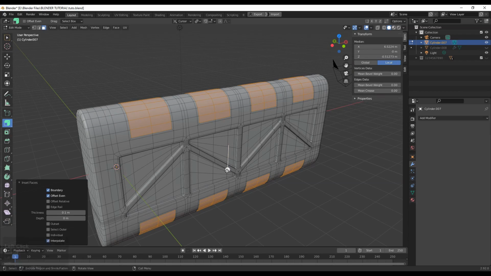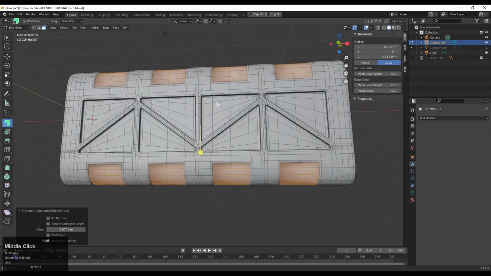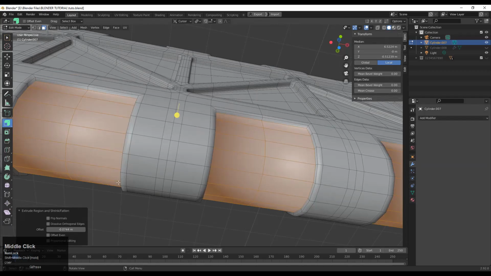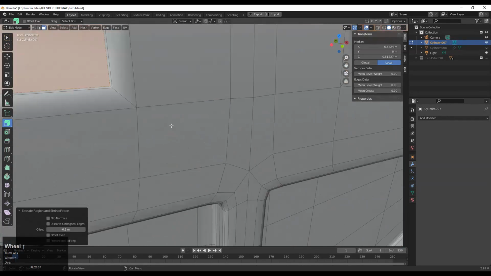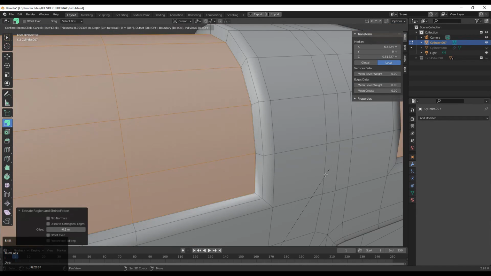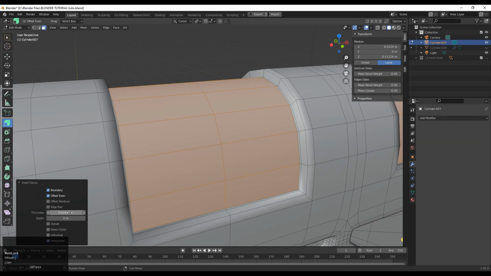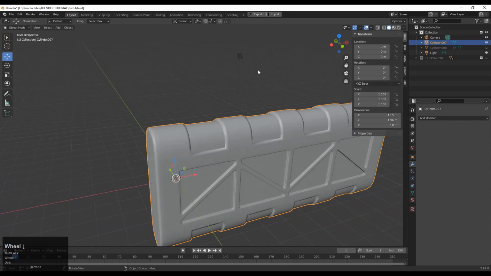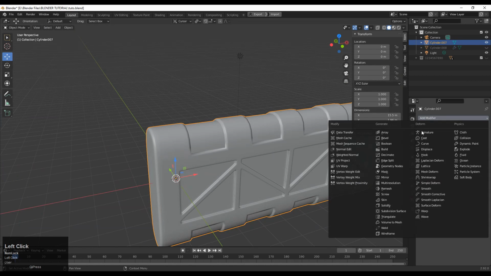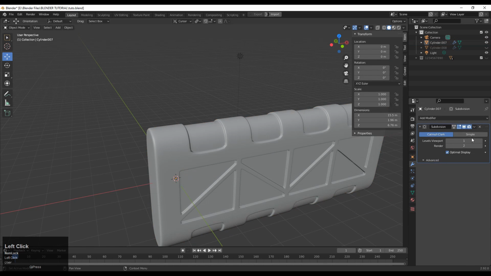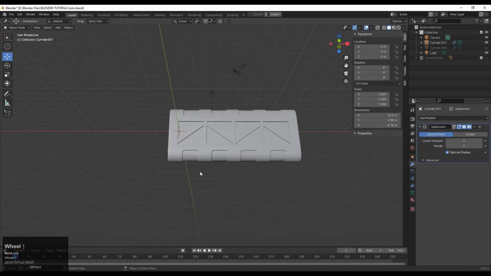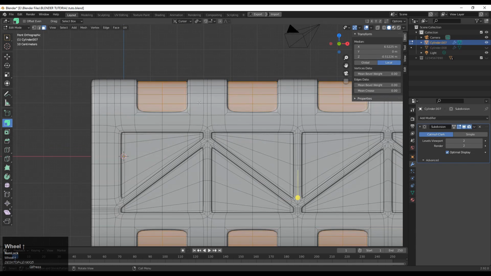Then use the extrude along normals tool and then just give the proper offset for the extrude operation. Give a small extrude amount so it will look good. And then press I for the insert operation one more time to just add one more loop there so we will get a good form for the model. And then you need to add one more subd surface modifier. So just add one more subd modifier there, and increase its level up to 2.